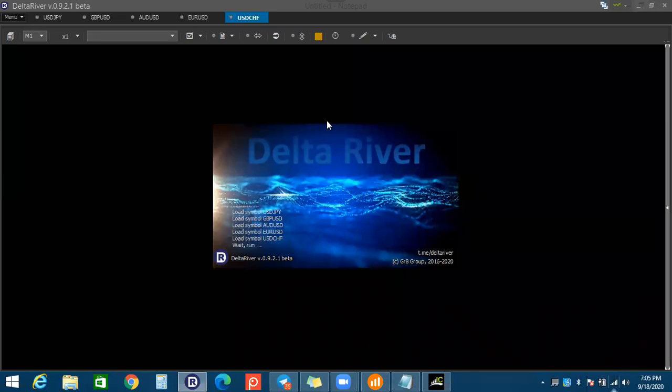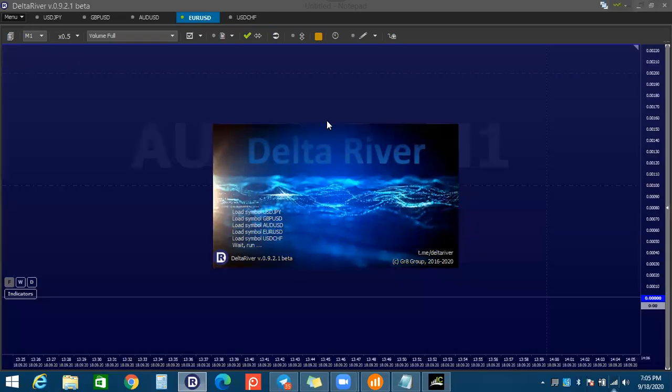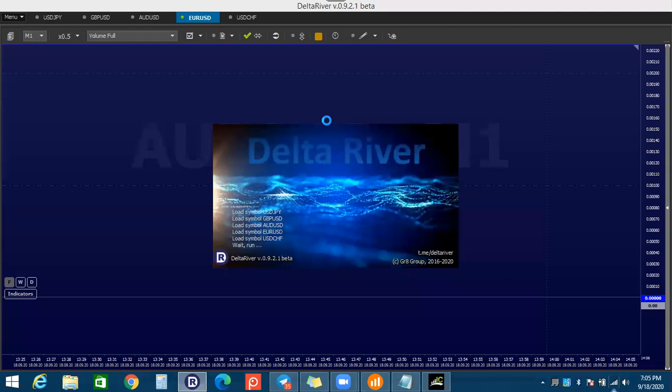You need a high speed connection for the Delta River. It will not run very well on mobile internet or device internet. So you need a fiber internet connection, because this data is based on pings, on the speed you are getting from the internet supplier. If the connection is weak, your data will lag, and maybe it will sometimes give you wrong information.